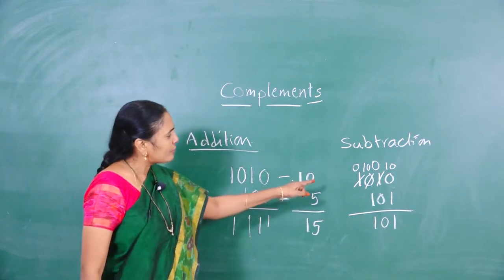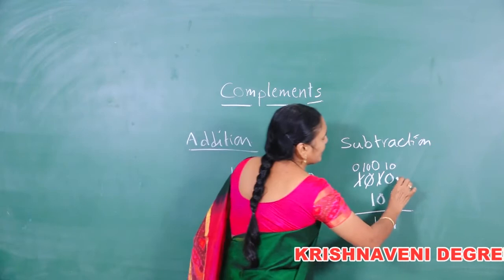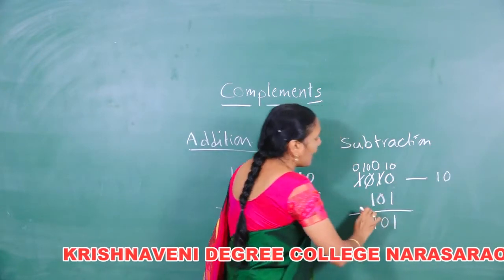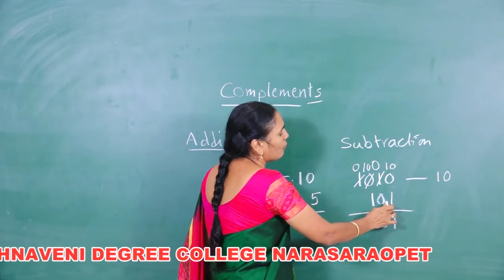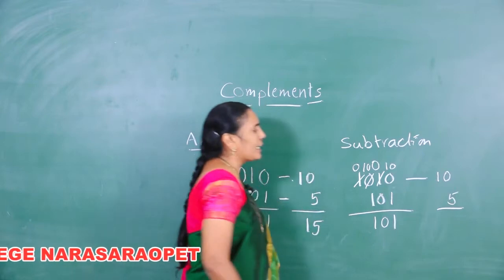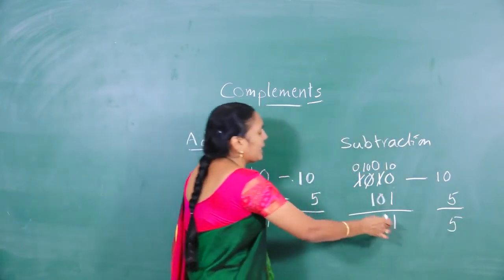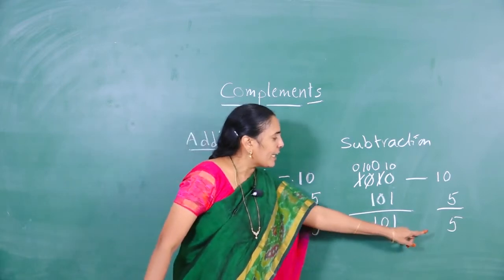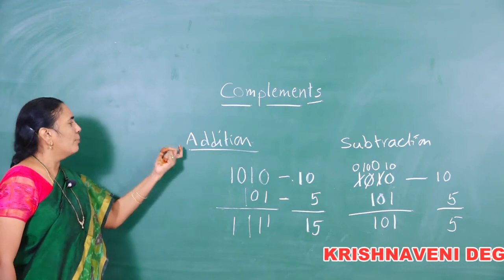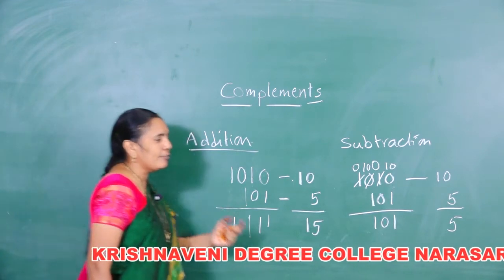So, now let us verify whether it is a correct answer or not. We have said that the value of 1010 in the decimal notation is 10 and the value of 101 in the decimal number is 5. So, when I try to subtract 10 minus 5, the answer is 5. So, the decimal equivalent of 101 is 5. Now, we have to perform the other two operations, that is multiplication and division.